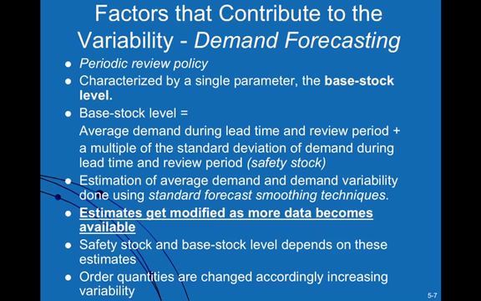dynamics. So there are a lot of factors that actually contribute to variability, and that is why, as you backward propagate into the supply chain, the degree of uncertainty increases, and there are several factors that drive that. So what happens is that if the retailer is trying to forecast customer demand and does not share that information with the distributor, the distributor is now trying to forecast the retailer's orders.